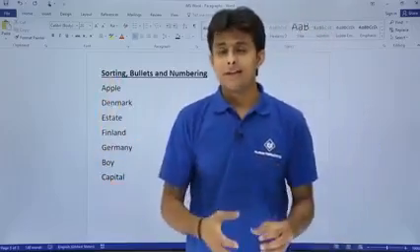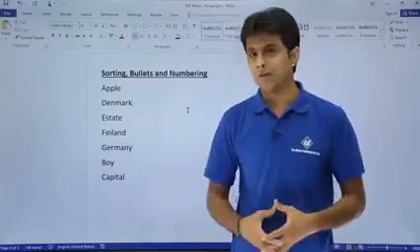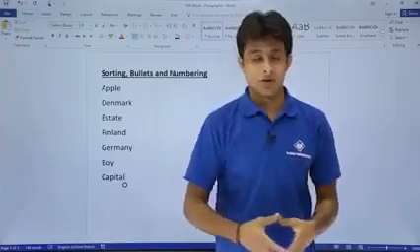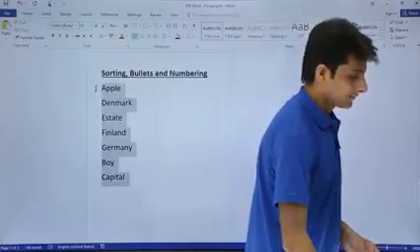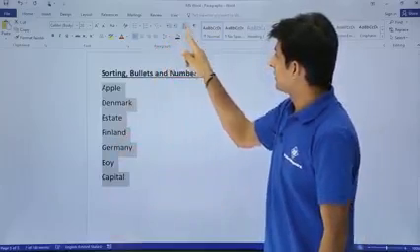I can sort this text in Word also. Like we can do in Excel, same I can do it here itself. So first thing is, I need to select the text which I want to sort. So I'll select the text here. And you observe in the paragraph group, here there's an option as sorting.